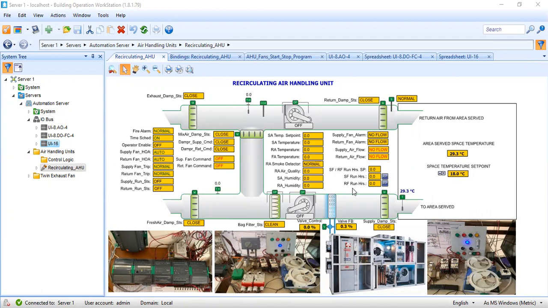Okay, now what I have here, I have installed one temperature sensor. Okay, now this is my temperature sensor. Actually, this is my actual device that I'm using to explain this air handling unit. So I put one temperature sensor here, then you can see the real-time value. That is 29.3. If I try to hold the probe, then you can see the temperature is increasing because I'm holding the probe. Okay, so as you can see, it's a real-time value.